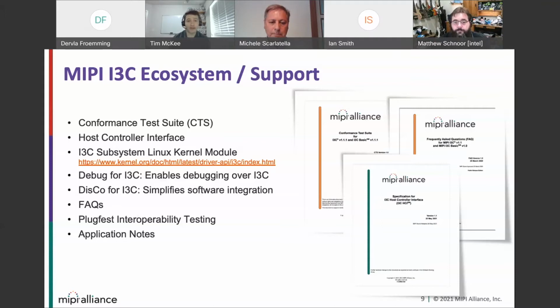We have the host controller interface, which I'm excited for Matt to talk about later, which is on the software side, really standardizes the software side. We have the kernel module for Linux, debug for I3C as a separate specification, Disco for I3C. The work group for I3C has also created FAQs and application notes to really aid and help implementers as they're building this technology. So there's tons of information on I3C, and we also have other